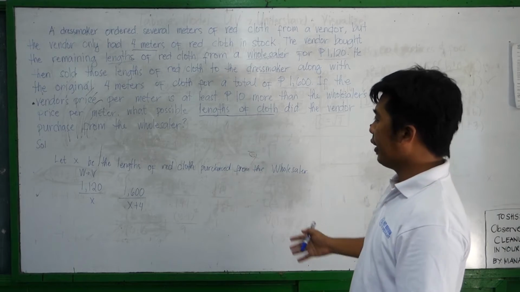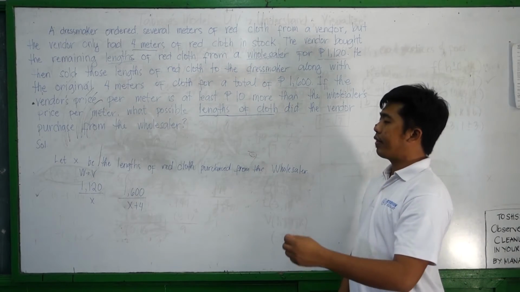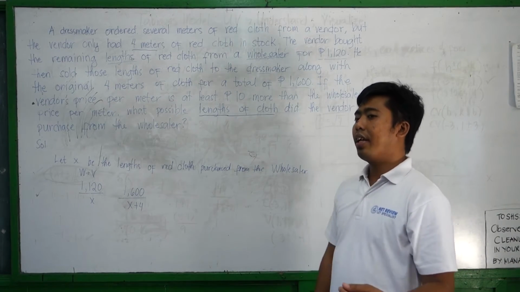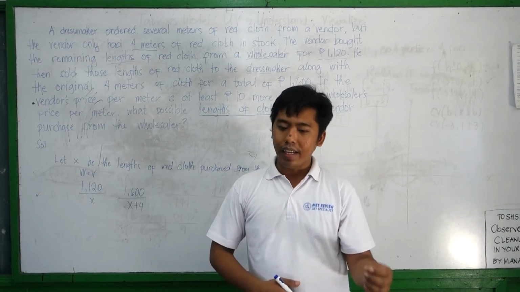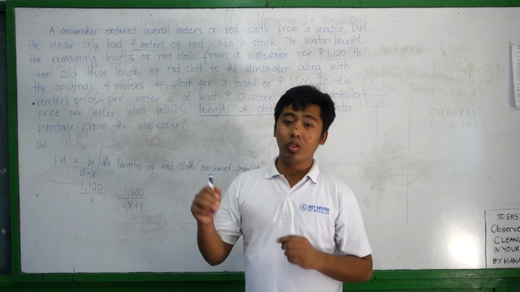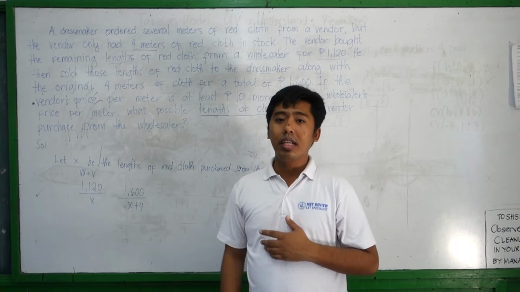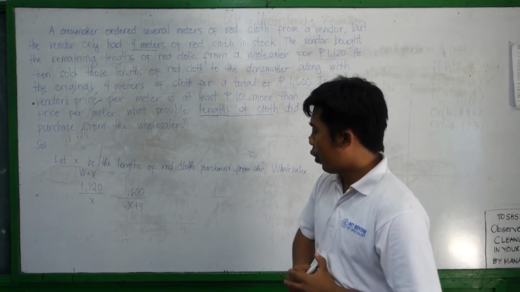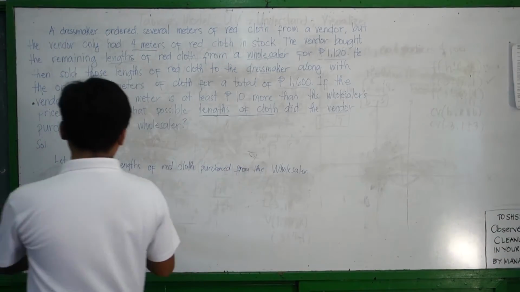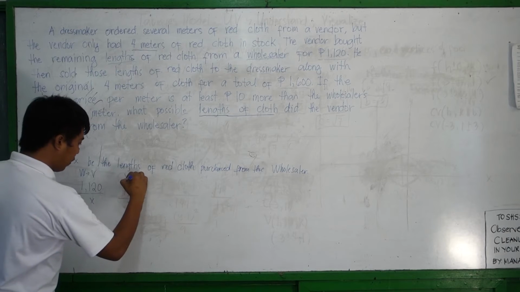If the vendor's price per meter is at least 10, pinakagamay 10, so meaning dapat greater than, di ba? At least 10, so 10, 11, 12, so those numbers are at least 10. I mean, si 10 man ang pinakagamay. So, kung atong unang-una na ito given, this is from vendor to